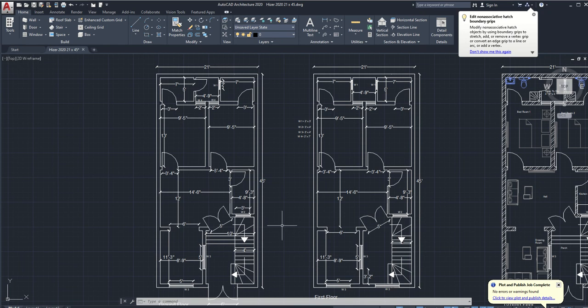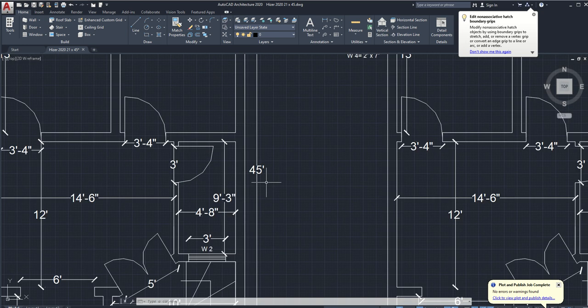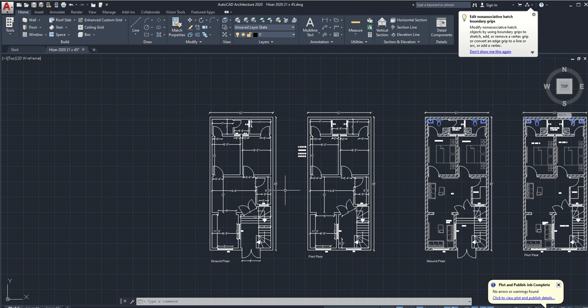Hello friends, I am here again with a new layout plan for a house. The required size was 21 feet by 45 feet. So they were supposed to draw a plan with the two separate portions, the ground floor separate and the first floor